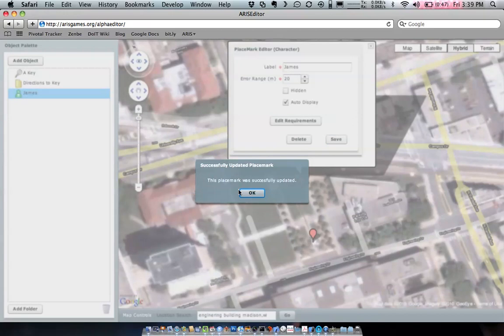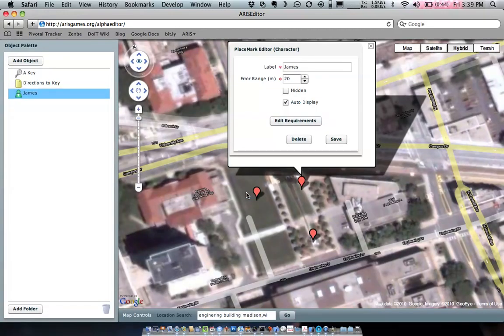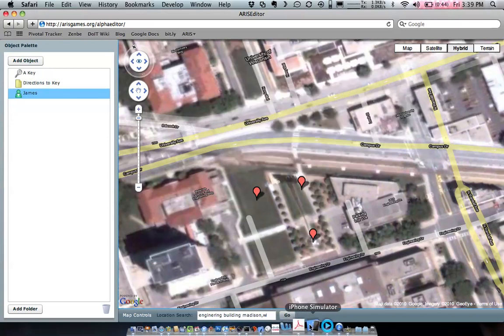Well, that's about it. At this point, you should be able to go out in the field and give this a shot. You've authored all the parts that you need to, but the one extra thing that you need to do now is set up your iPhone to actually work with the server that this authoring tool is attached to. So back on your iPhone,